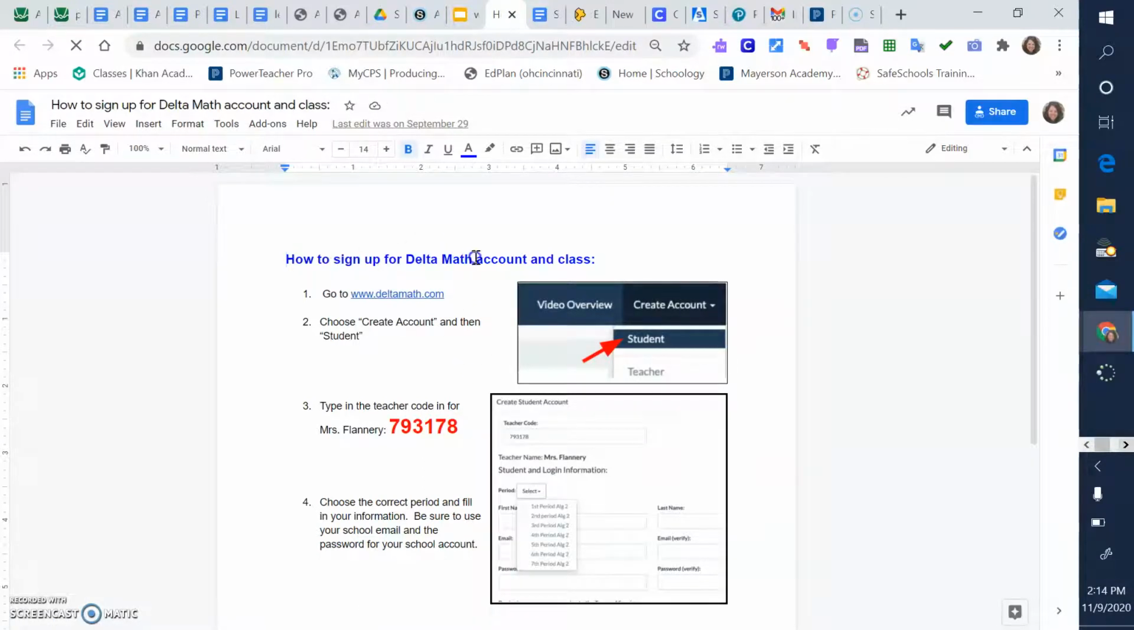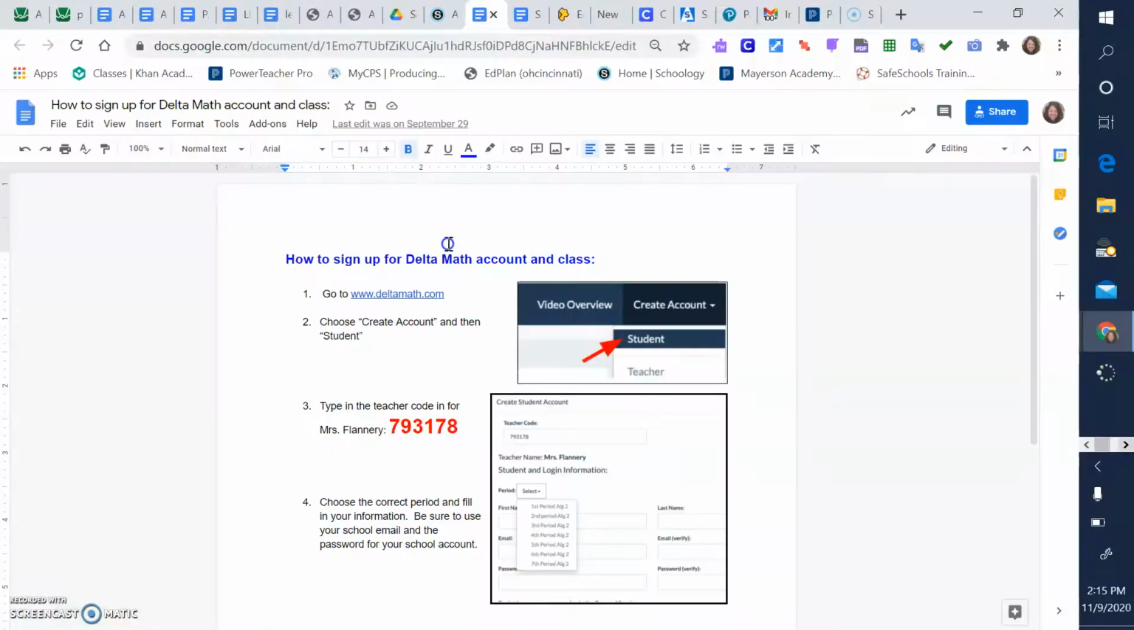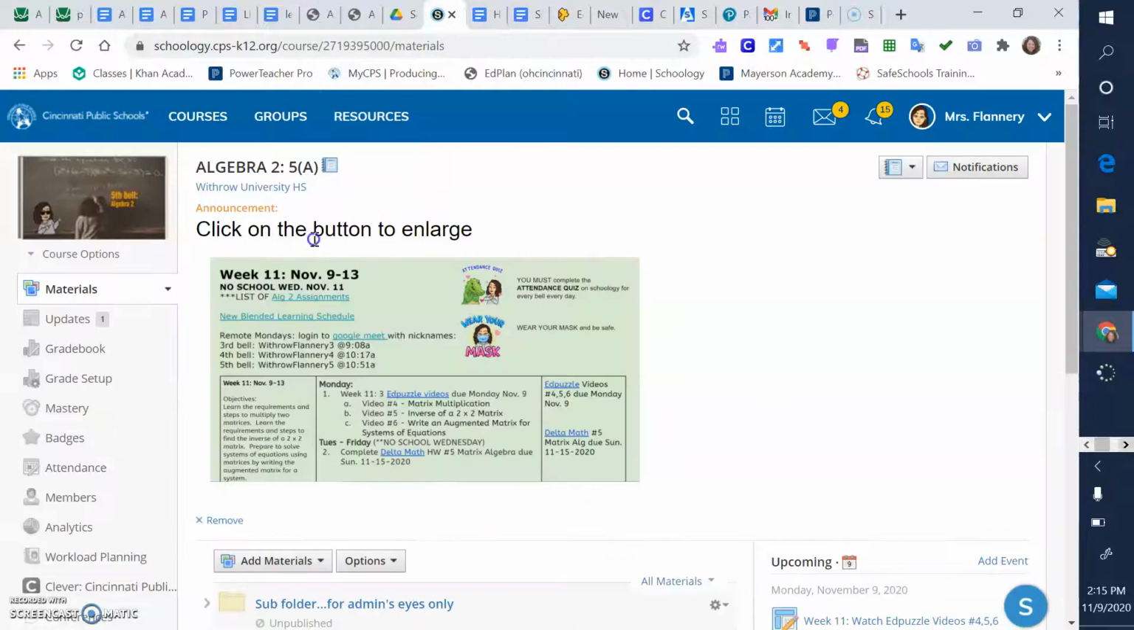And this is how to sign up for a Delta Math account in class if you haven't had one, and how to use my teacher code to get in there. So you click Create Student Account and then Teacher Code. Now, this is for this week, and since this is kind of week 2 on matrix stuff,